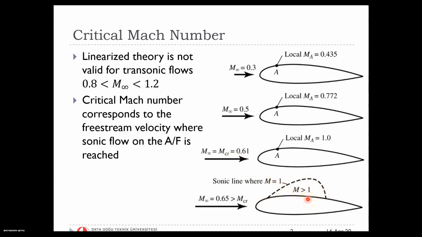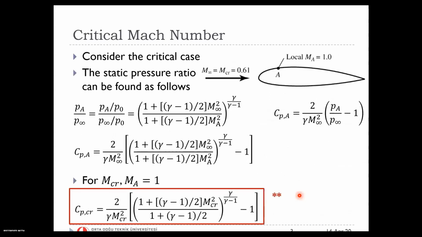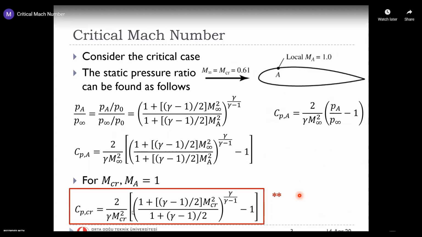The estimation and the study of critical Mach number is quite important, because you may have a subsonic operation of flight speed, as we have here 0.65, but over your wing you may have supersonic velocities, which, as I'm going to explain in the coming section, results in a significant increase in drag. So for this reason, we need to have a knowledge of the critical Mach number during the design process. Okay, so let's look at how we